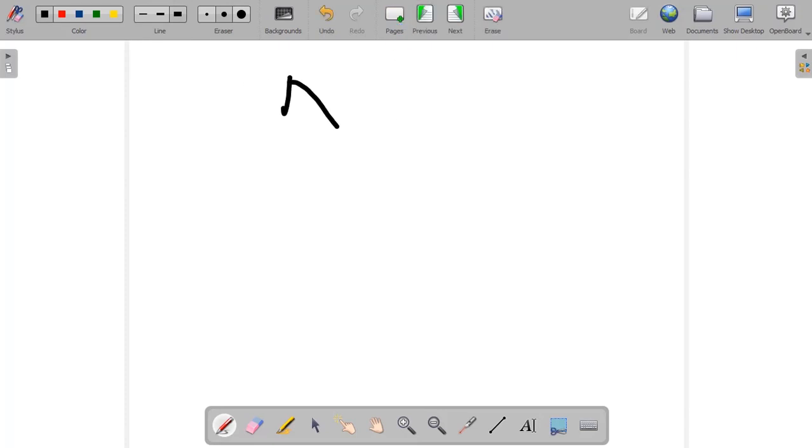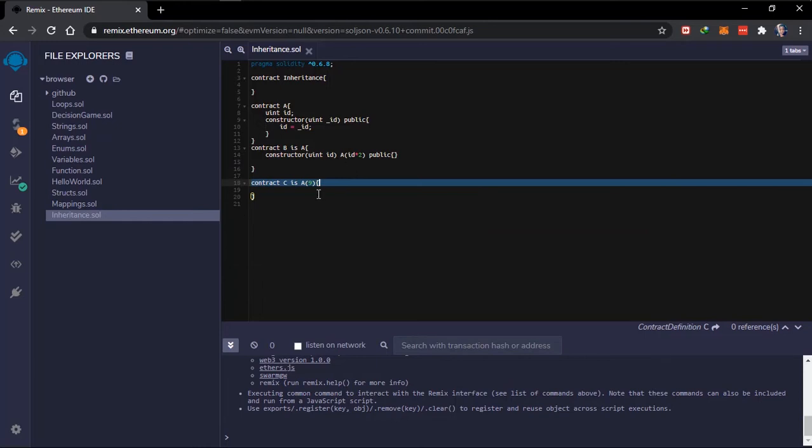A, this is a parent contract A, and A will go two ways, this will be for B, and this will be for C. So these two are children of A. A is a base contract, the parent contract that has two children, the B contract and the C contract. So this also works. There are some problems that languages accepting multiple inheritance face, and Solidity is one of those languages. Just like Python, Solidity uses the C3 linearization